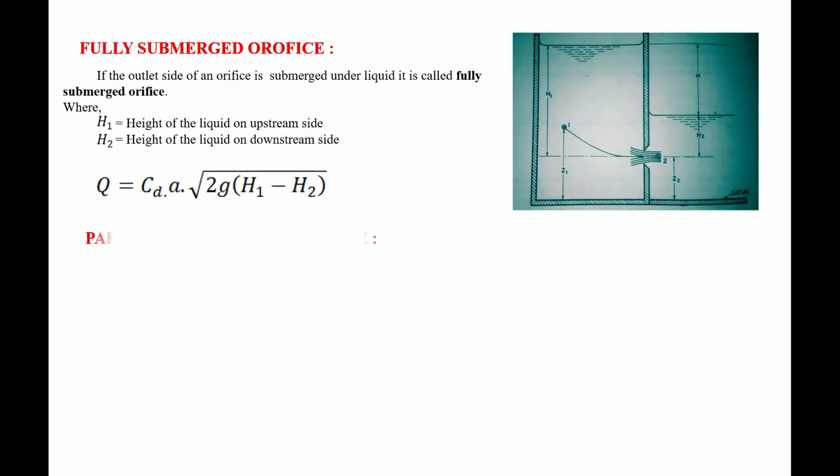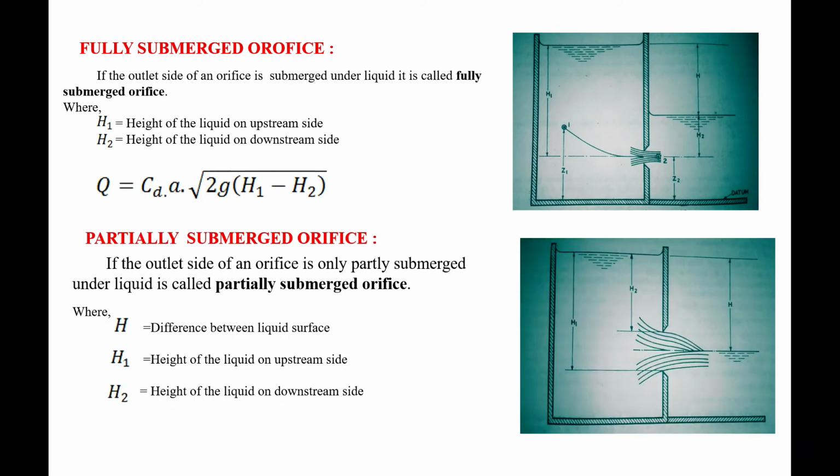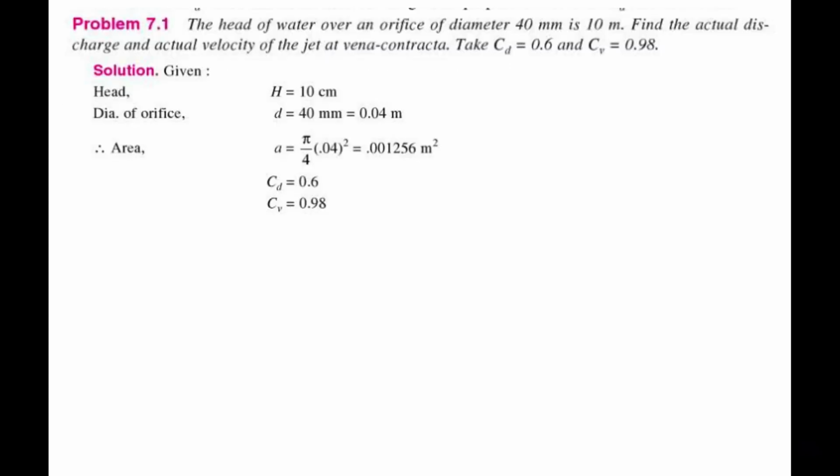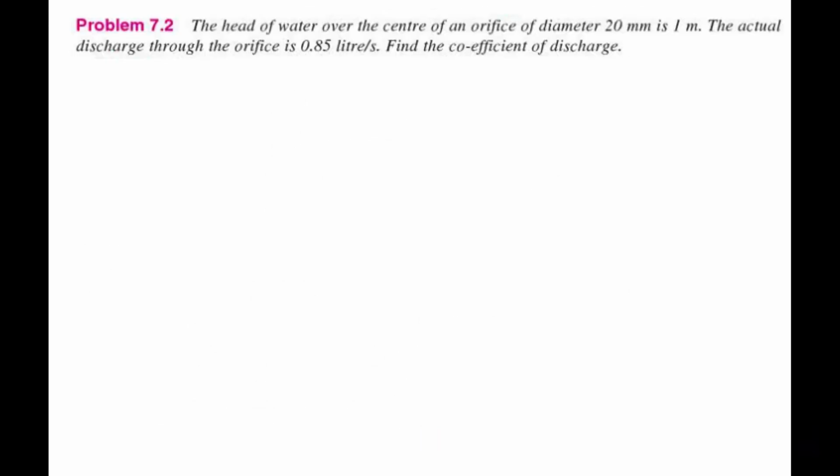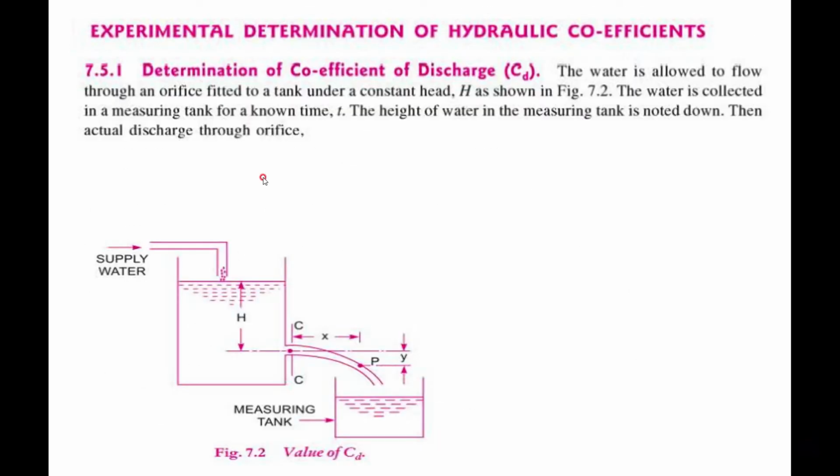We have derived the equations using the jet measurement method, that is, the experimental determination of hydraulic coefficients. How the values of CV, CC and CD can be obtained through the measurement of